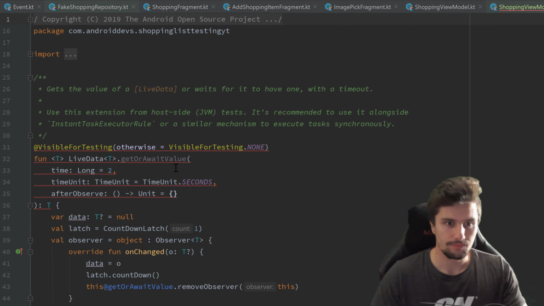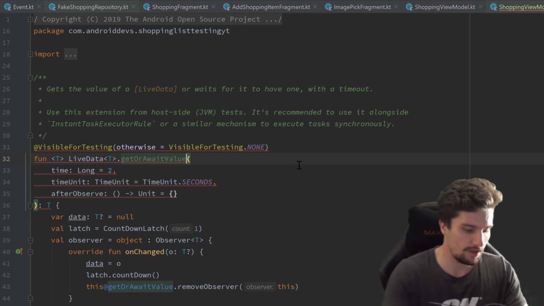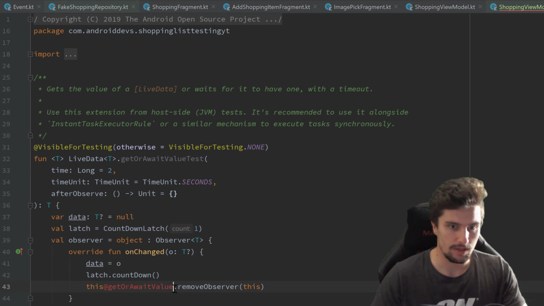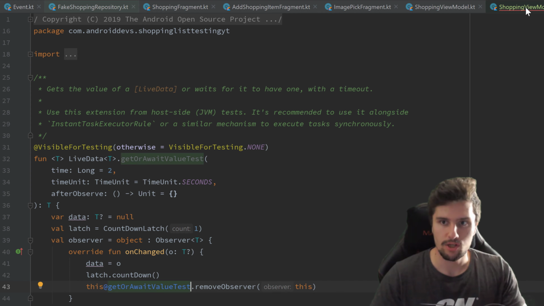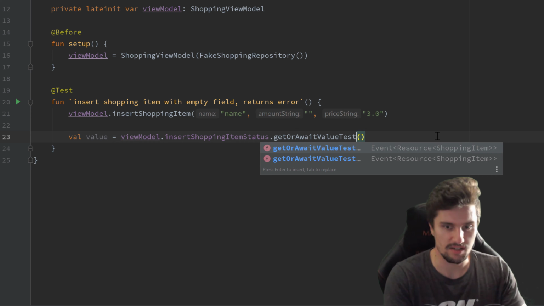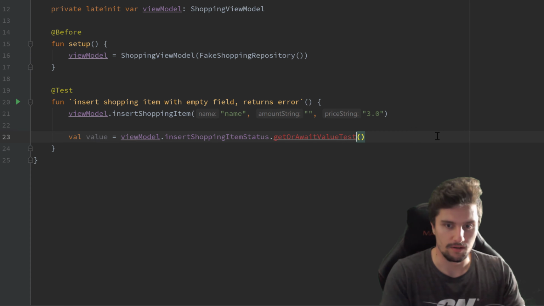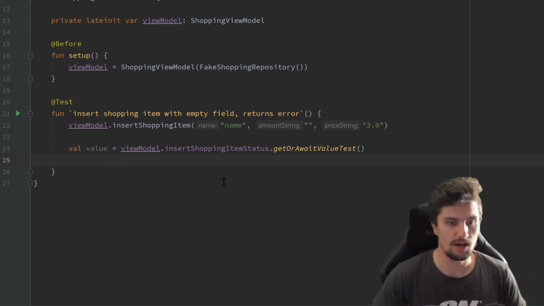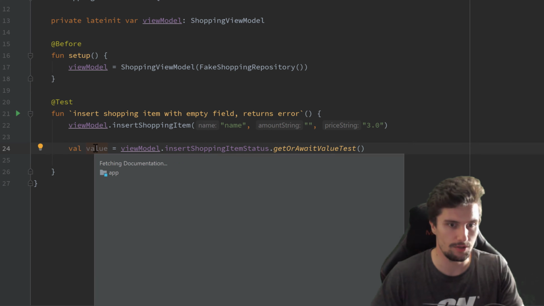And then also rename this to get or await value test, and also down here. And then we can go back to our shopping view model test and also append a test here. And then we can import that, and we don't get any error. And now we want to assert that this value here, so if we press Ctrl Q on that, you can